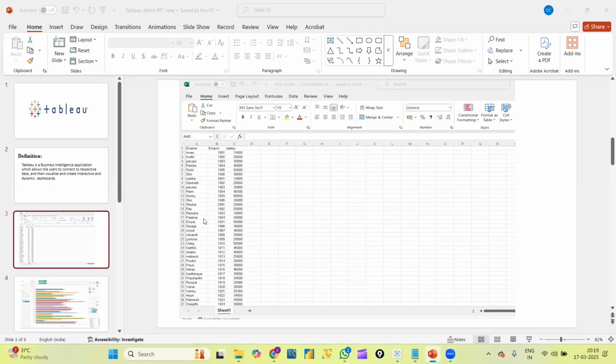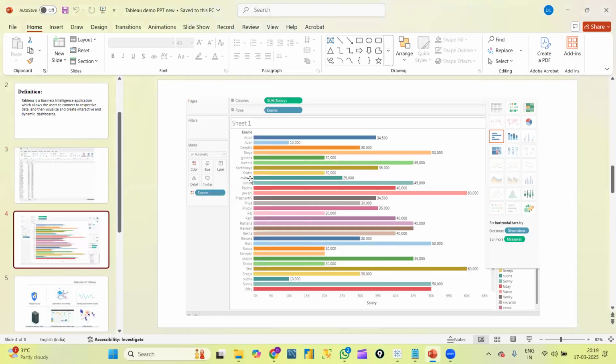Of course, we can apply some filters here, but still it will take some time, right? But if you can see this picture, this is a screenshot of our Tableau Desktop. We have one graph called a horizontal bar graph, and this is the screenshot of that particular graph. If we know that the longest bar represents the highest salary and the smallest bar represents the lowest salary,